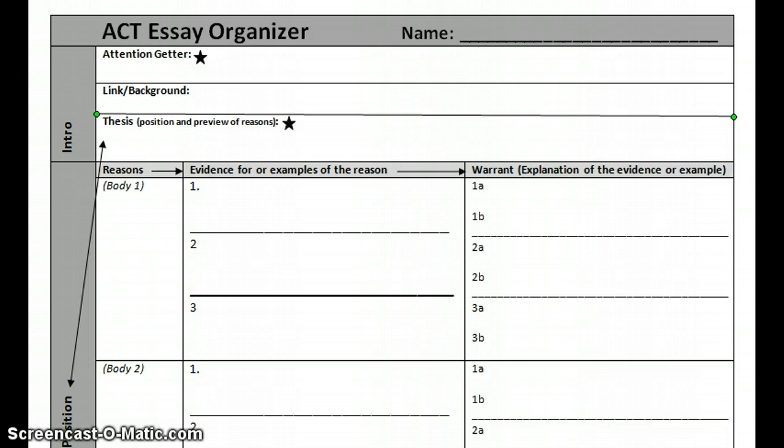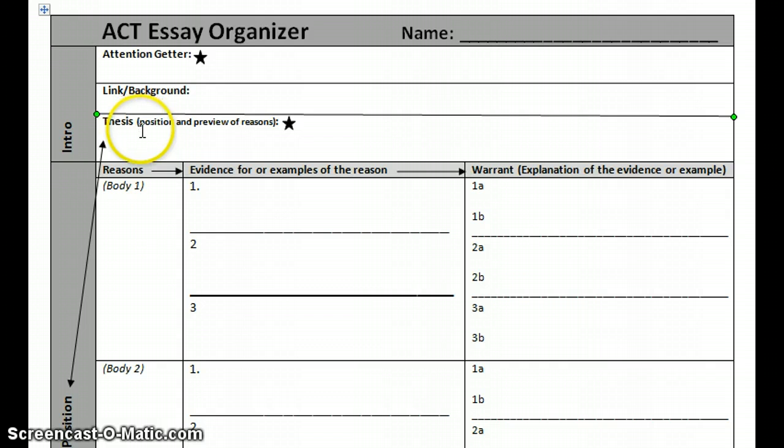Well, now we're looking at the graphic organizer, so I'm going to show you how to fill that out. In a graphic organizer, the point is not to write complete sentences. The point is to just get your ideas out there so that when you go to write the complete essay, your idea is already there and it's much easier and faster for you to put it all together and it's already organized for you. So at the top of the organizer, we start with the introduction,